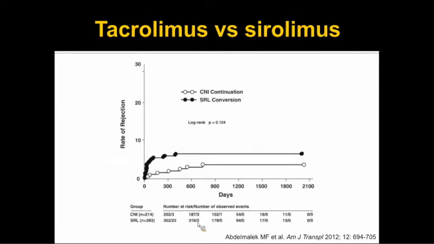There is another clinical trial that looked at switching patients from tacrolimus to sirolimus, and this was driven by the fact that for some patients it may be helpful to do that in order to protect the renal function. And similar to the previous two studies that I showed you, the patients who were switched to sirolimus, which is the dark line, did have increased rates of rejection. But again, like in the previous studies, this didn't actually translate to worse outcomes in terms of graft or patient survival.